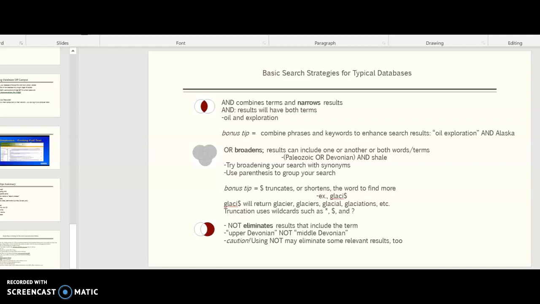OR broadens. So results can include one or another or both words or terms. So Paleozoic or Devonian and shale. In parentheses, try broadening your search with synonyms. Use parentheses to group your search. So it would be Paleozoic or Devonian, and then outside of that will be and shale